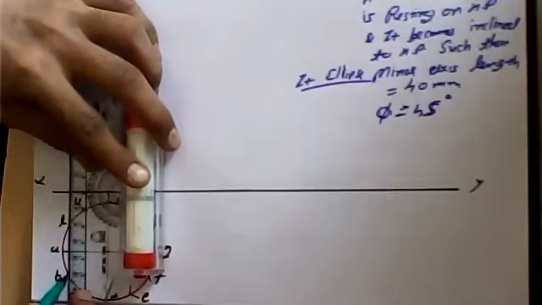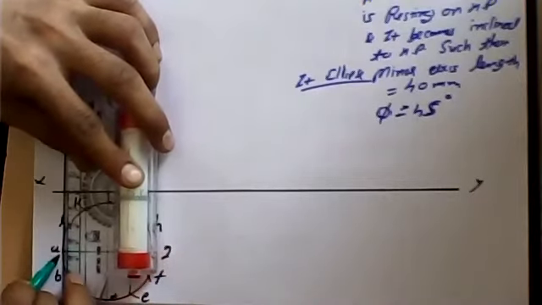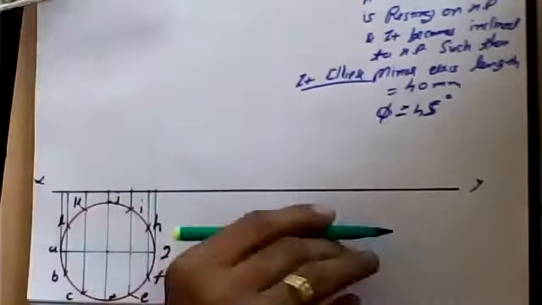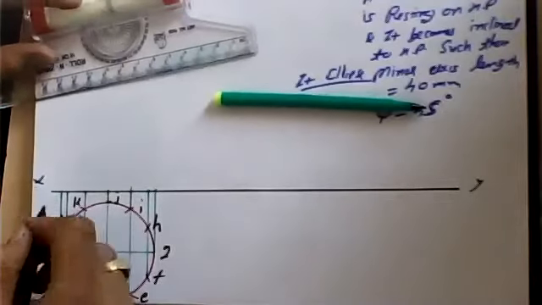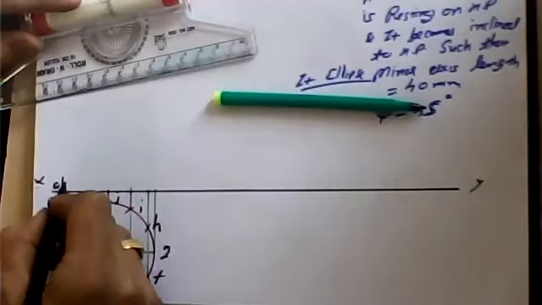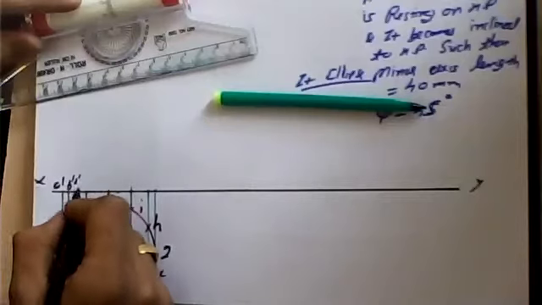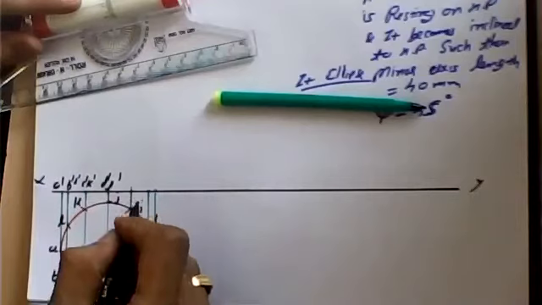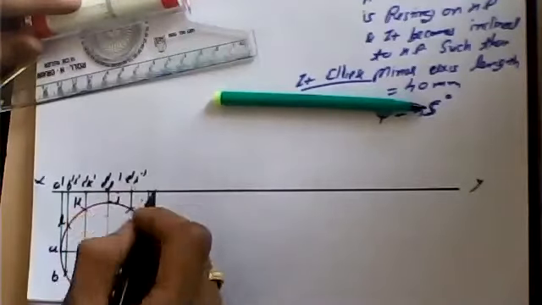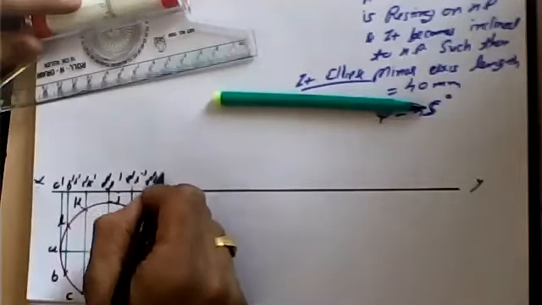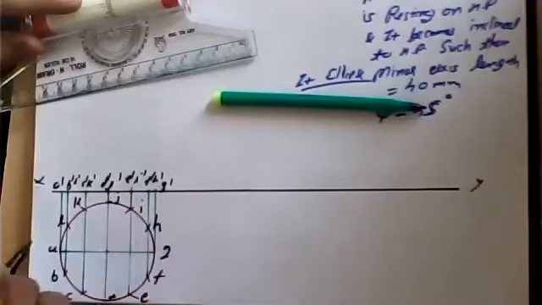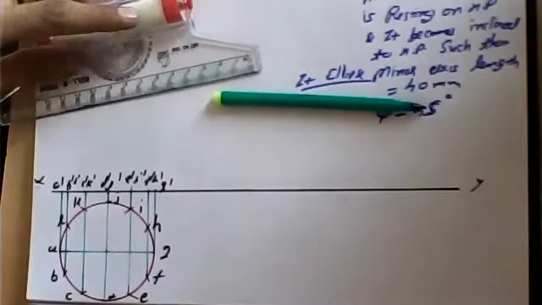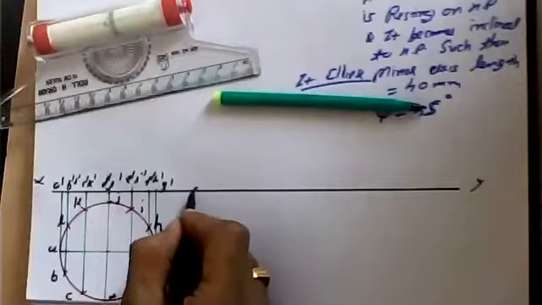I'll be having position B and L. I'll be having position A. So here we are having A dash, B dash, L dash, C dash, K dash, D dash, J dash, E dash, I dash, F dash, H dash and G dash. These are the points. Okay, now we can take a position over here